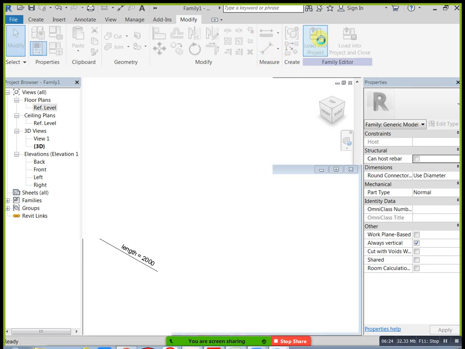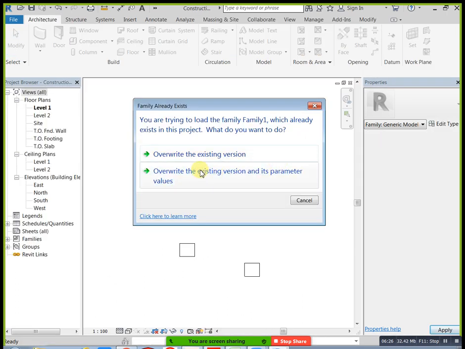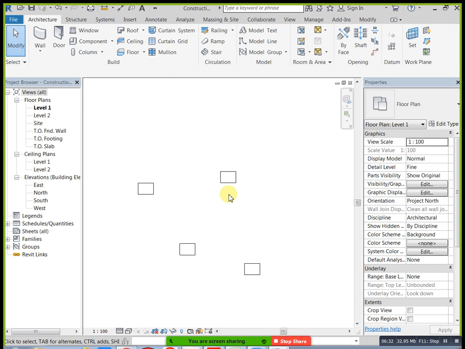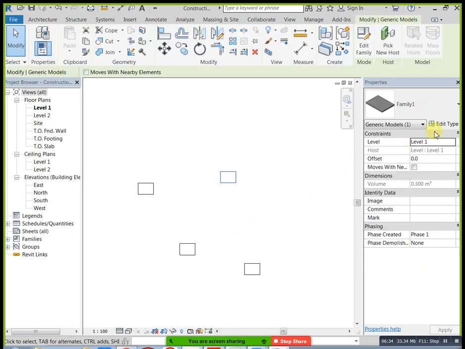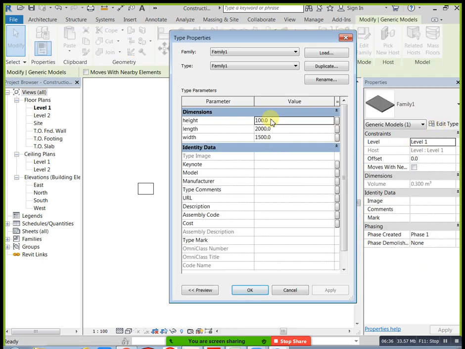Okay, we already loaded it, that's why you can select this one, override the existing version and its parameters. Now you can select this object, this model, and go to the edit tab. Now you can see these three parameters updated, three dimensions. That's the way you can create any model, that's not a problem. When you need to control it in your project, we definitely need to apply our parameters, otherwise we can't control our model in our project. Okay, that is important here.